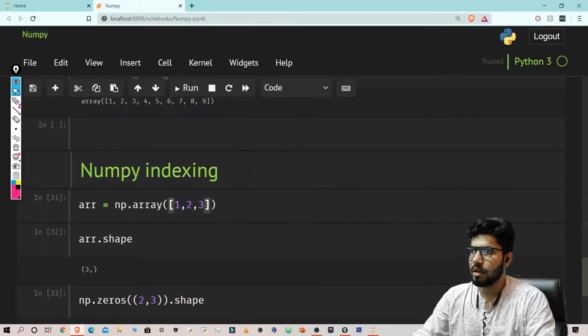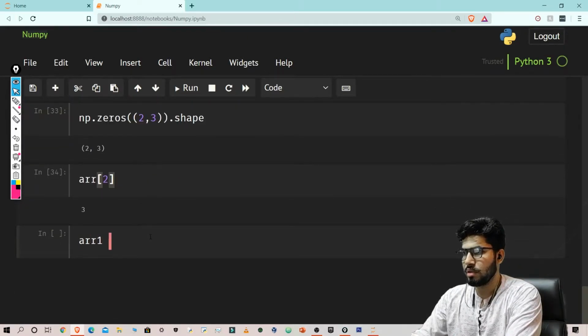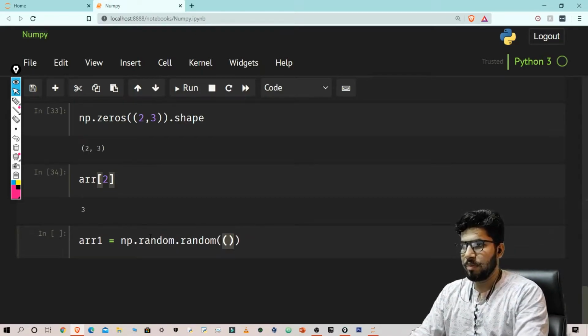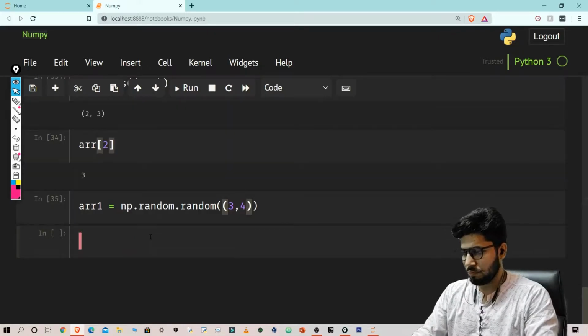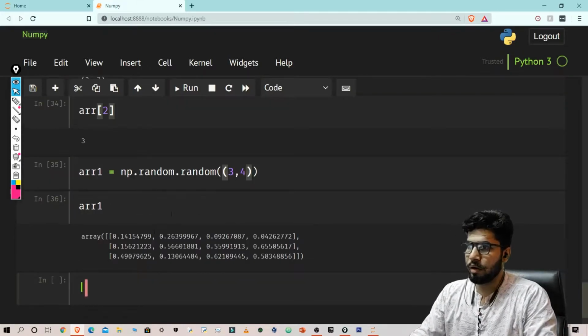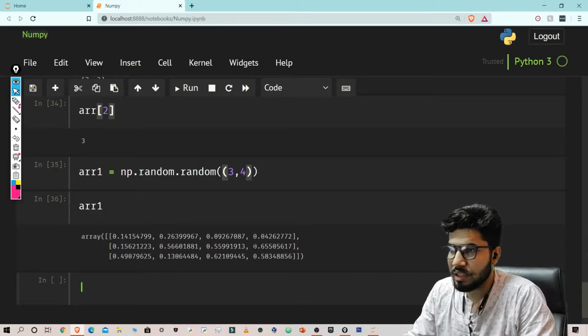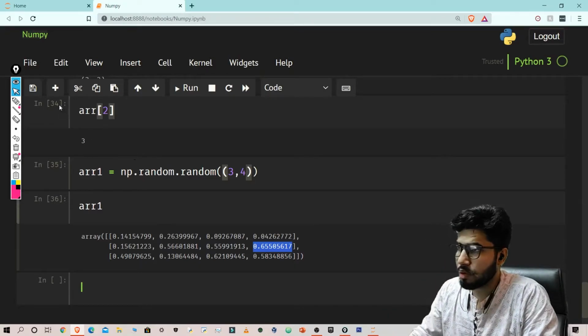Okay, now let's make a 2D array. np.random.random, and here I will pass the size, like say 3 comma 4. Now if you want to access an element of this array, there are two ways to do that.